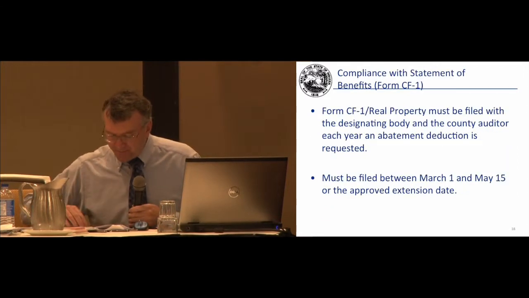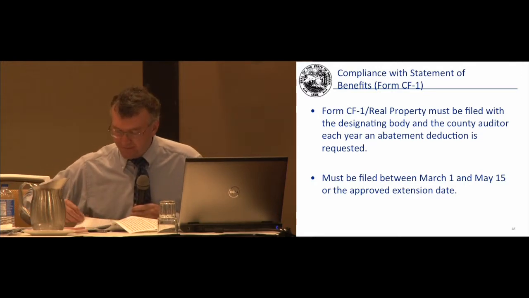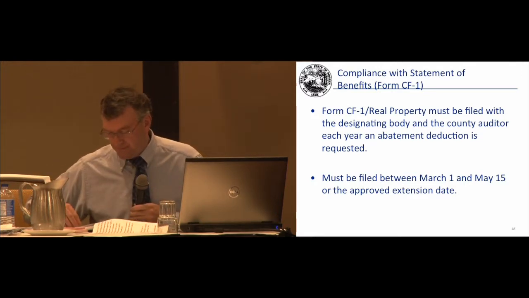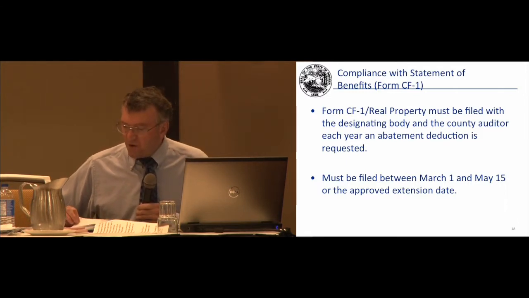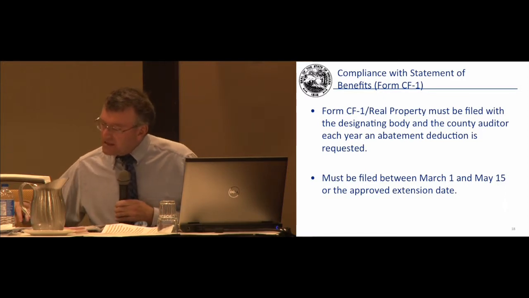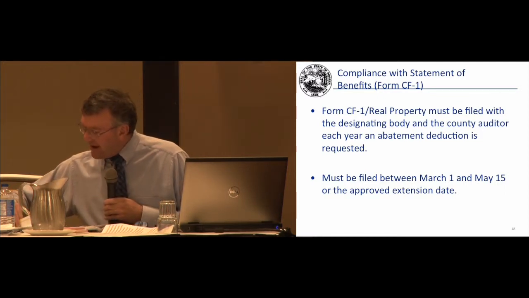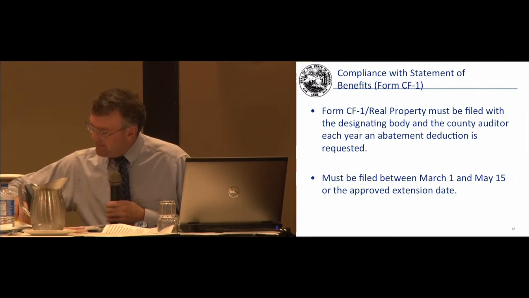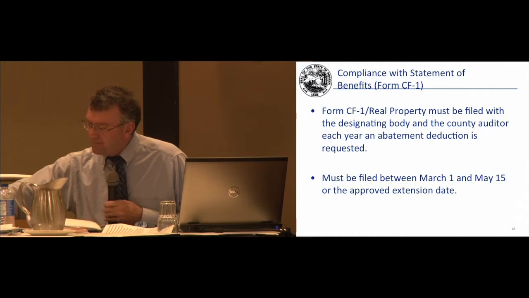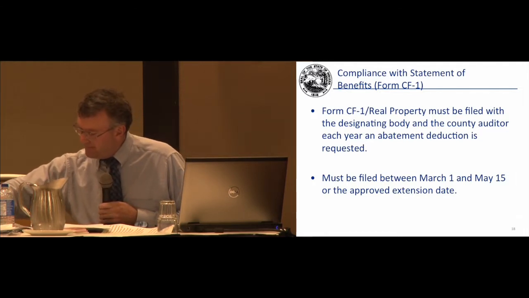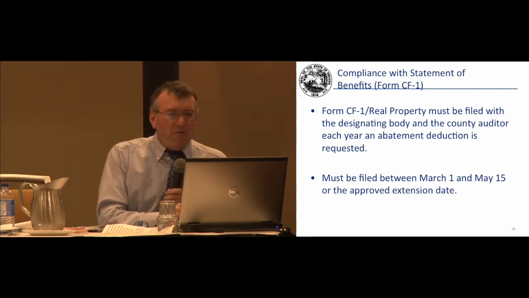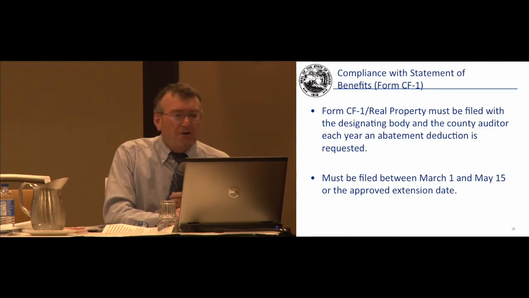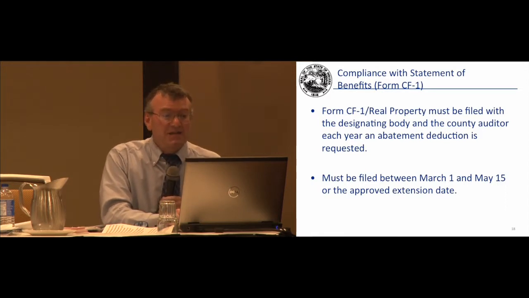Filing requirements. Okay, the CF1 is the next form that we're going to talk about. Let's get the CF1 in front of us, and that's on pages 4 and 5 of your packet. The CF1 is filed with the designating body and the county auditor each year an abatement deduction is requested, and it must be filed between March 1st and May 15th, or